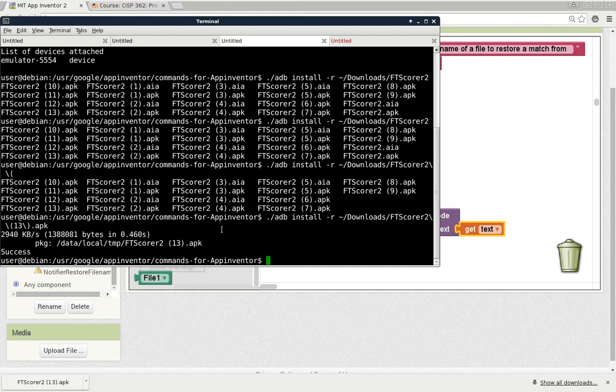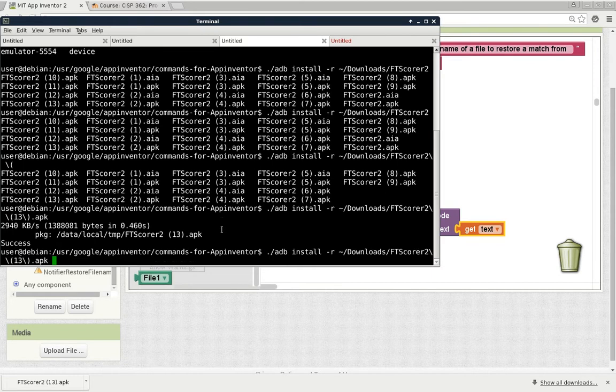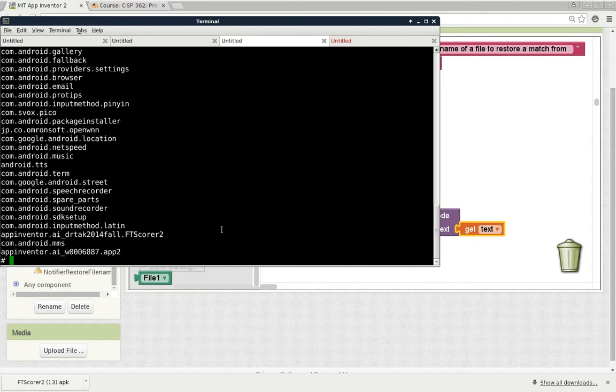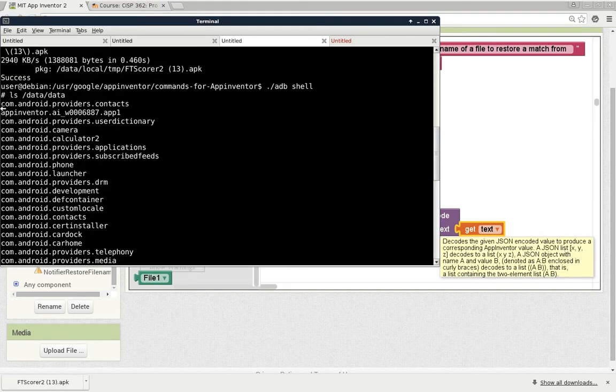Then the application can decide what to do with it. You can display a list picker and say, okay, which file do you want to restore from? And that makes it a lot more user-friendly than having to remember the file name. Now, I think last time we also looked at the ADB shell and used a Linux command to basically show what files are available. So this is kind of what I would do right now, is to go to that folder, and the folder is under App Inventor, and the